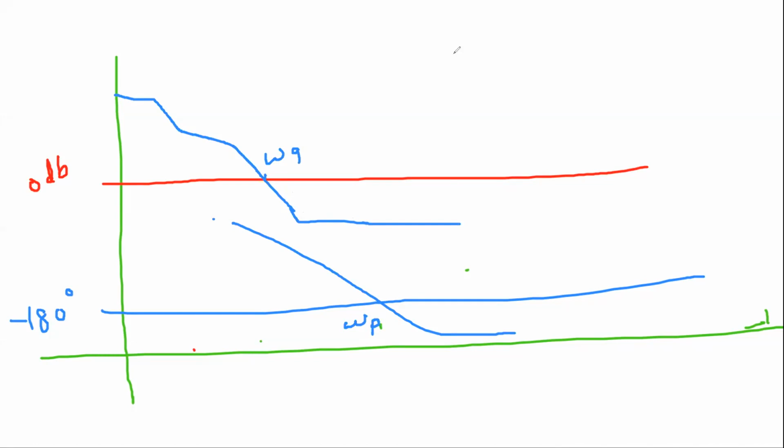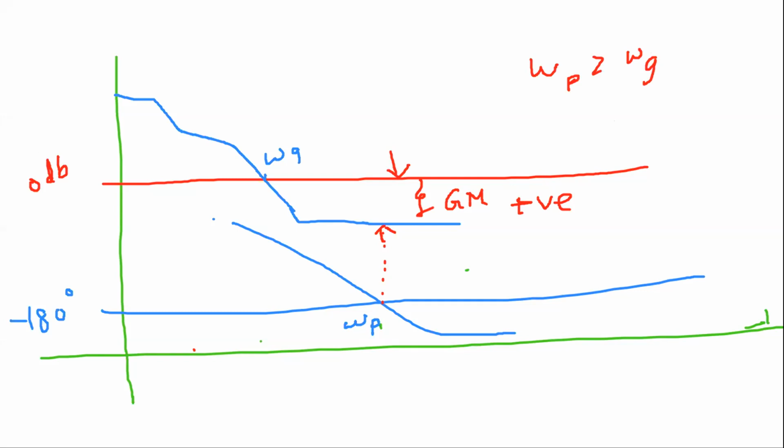Now how do I find out the gain margin? I'll go from omega p up and touch the Bode plot here. So this is touching the Bode plot first. There it was touching the 0 dB line first, and here to here, okay? So this is nothing but my gain margin. Remember, gain margin below 0 dB is always positive, okay? The reason being omega p is greater than omega g. Omega p is the frequency at which phase angle is minus 180.